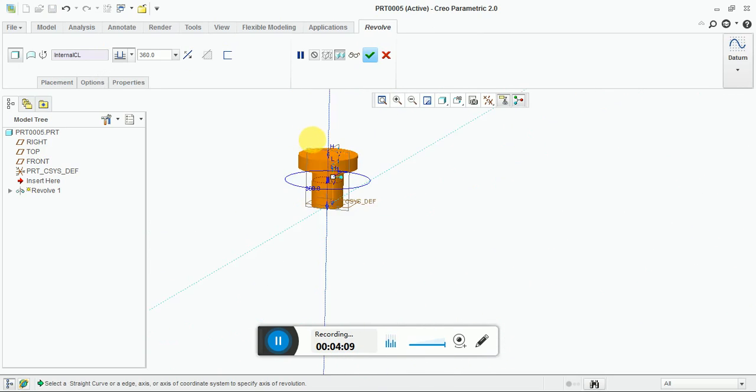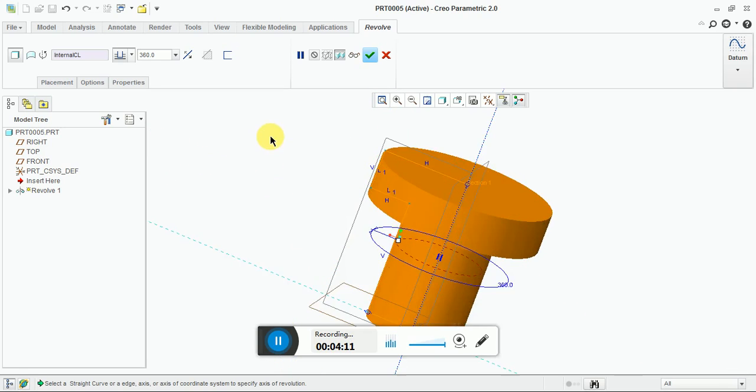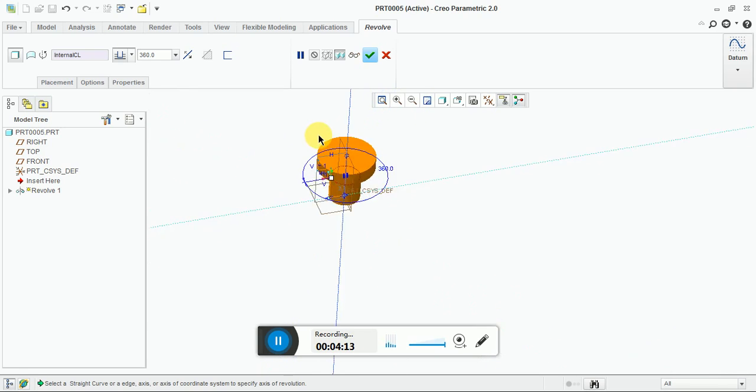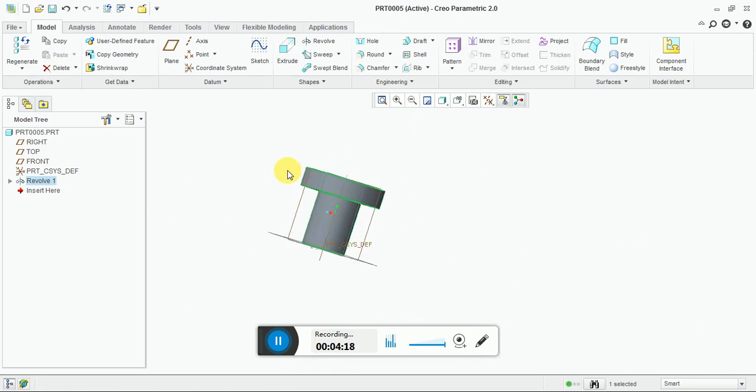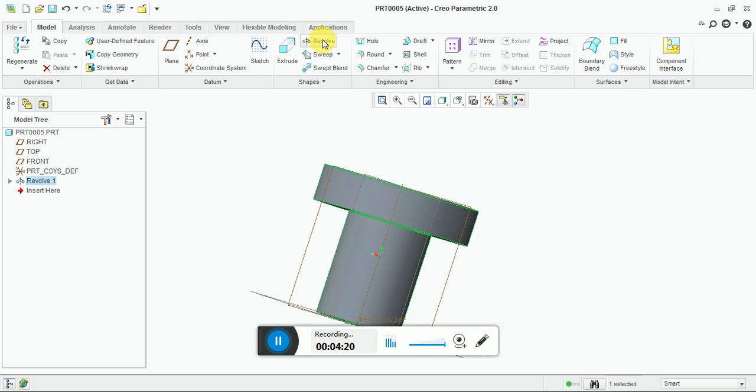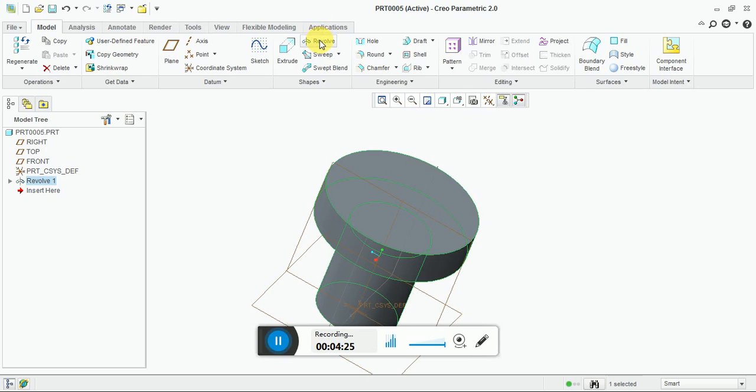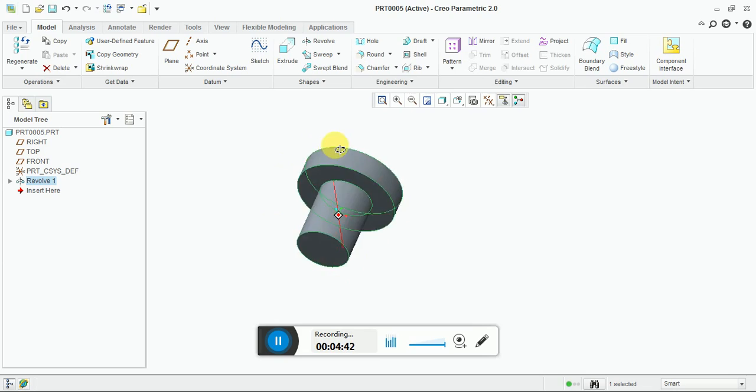Use the revolve command whenever a circular portion is there. Note this point. These are two methods for drawing the revolve. The first is sketch and the second is the revolve. Always use this revolve, the fly in option, because it does not add to the model tree. When you use this direct revolve, that is the fly in option, this is the best modeling strategy and you can edit easily. Okay friends, this is the revolve command.